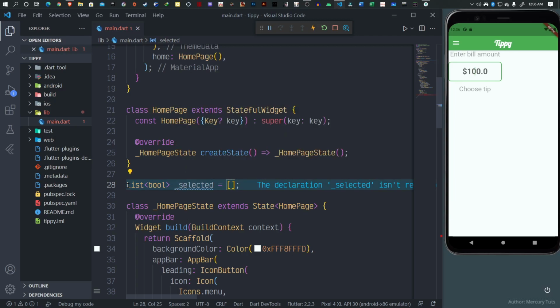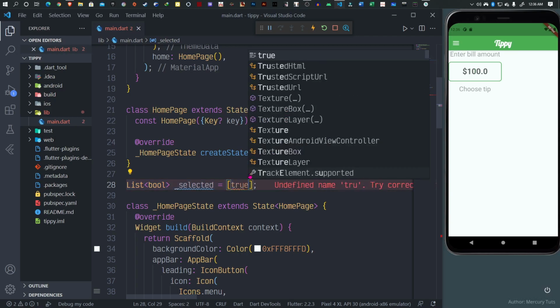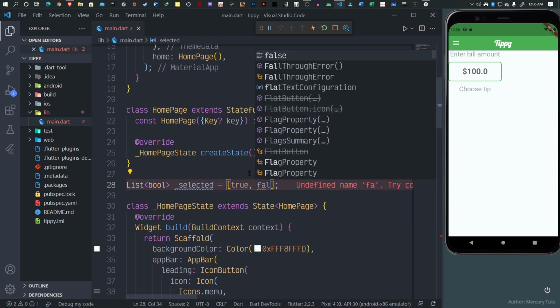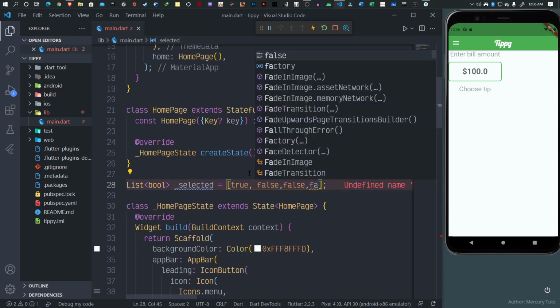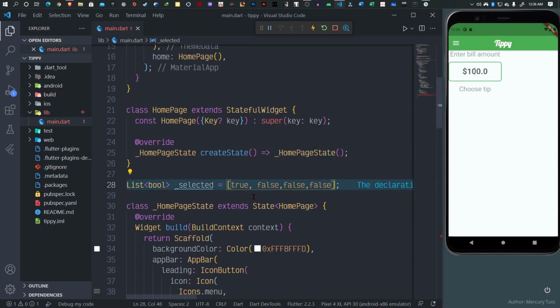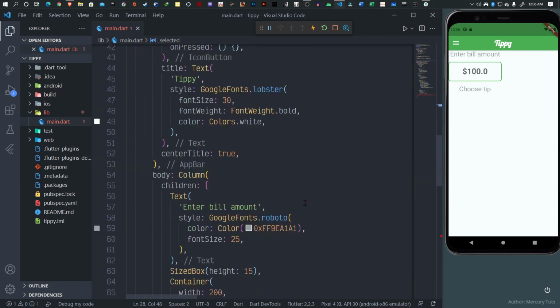Okay, so a list is a special type of variable, if I can put it that way, that can store multiple values. So inside here, the first value I want to store is going to be true, and then the remainder are going to be false, and then I think I need another false. So 1, 2, 3, 4. Okay, and then I'll head on back down